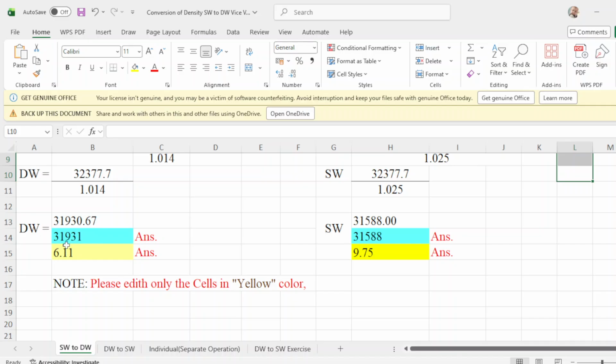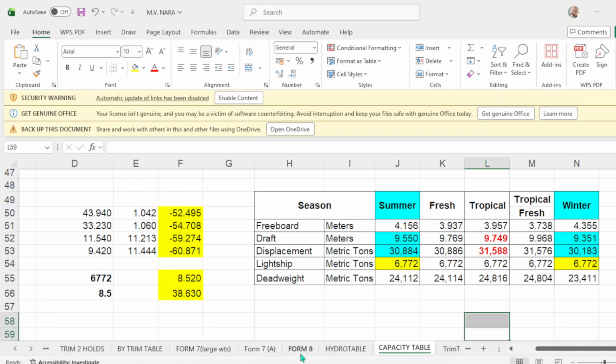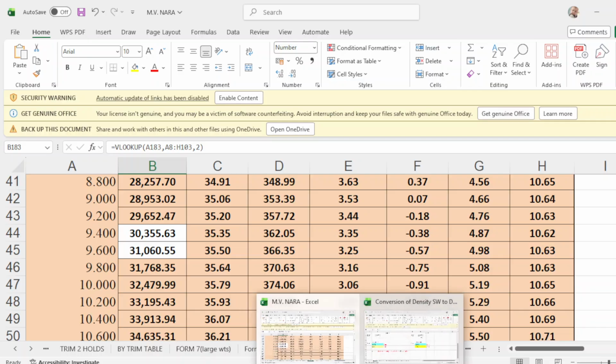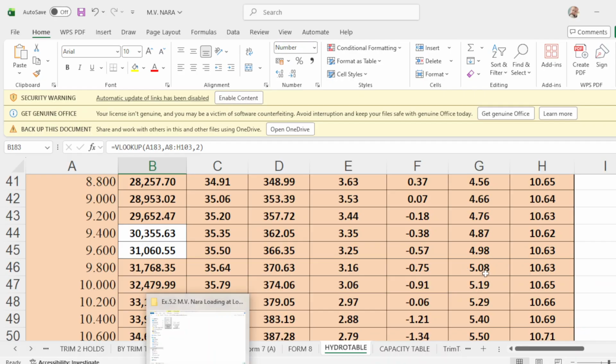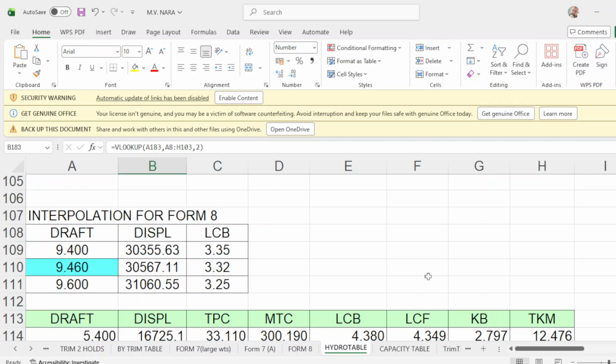So 31931, you go to the hydrostatic table, scroll down, 31931.